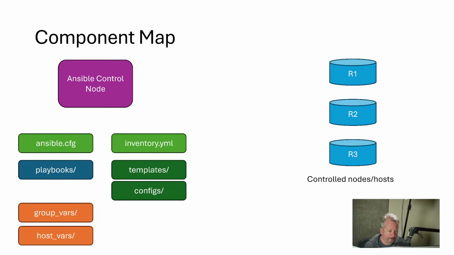We're going to start out with a map. And a map is good for when you're lost. And if you're new to Ansible, it's easy to get lost. And what do you want when you're lost? You want a map. So this is the map. These are the different components of Ansible that we're going to talk about